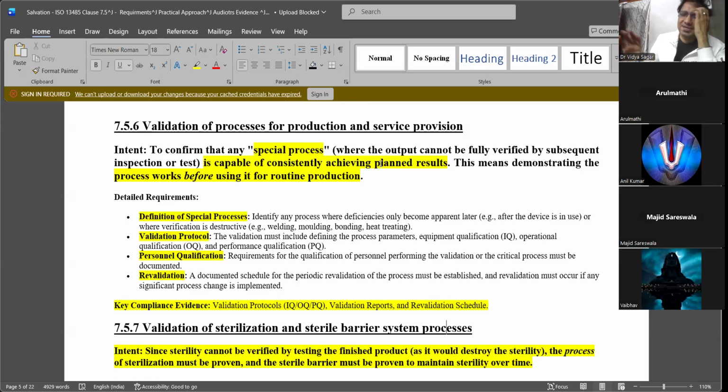Fix the process parameters and check what percent probability you have. Suppose you have extruded 1,000 samples. Out of 1,000, how many are you getting with 0.2 mm ID?